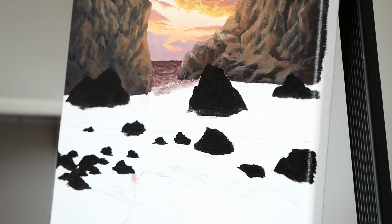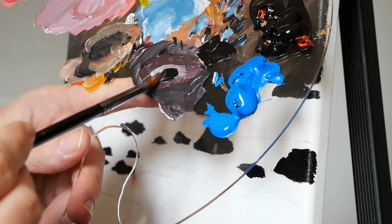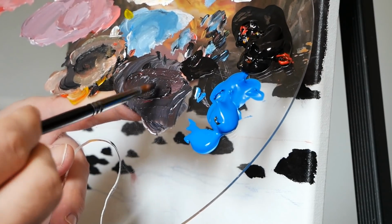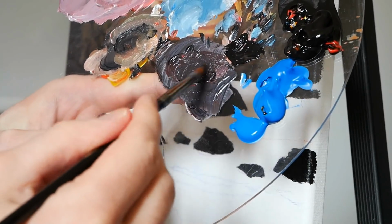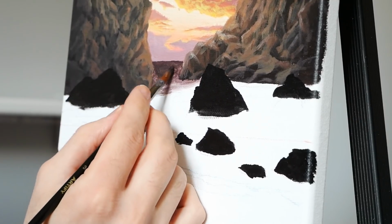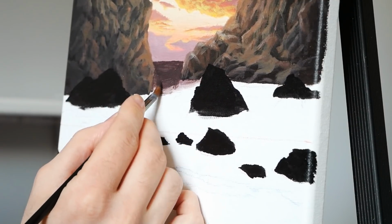And that means we need significantly more thick paint and less water. So I will build up the amount of paint I have here on my palette. And I won't add any additional water to my brush, but I will take off that extra paint I just moved about. Now when we apply this, it's going to be more thick, but it's also going to work with the water that we